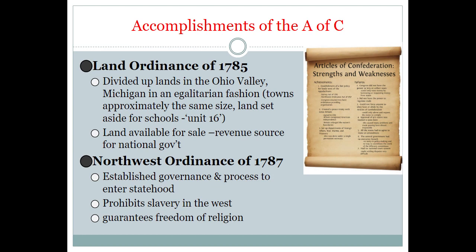And also we'll begin to see why there are certain principles that appear in our Constitution and our Bill of Rights that don't appear in the Articles, and their inspiration came from these documents. So Thomas Jefferson is really the main architect of these two documents, the first one being the Land Ordinance of 1785. It took an area of land known as the Ohio Valley, which included today Michigan, Indiana, Illinois, Wisconsin, and it was an enormous area of land, basically all that land north of the Ohio River but south of the Great Lakes. And it was divided up into even lots that provided about 160 acres,